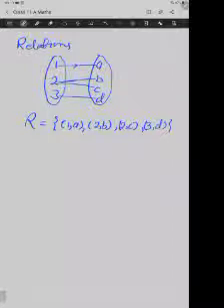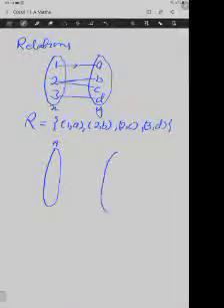Like this to this we are going. This is the set of elements x and elements y. Now here we need to understand some of the things. Like in the first set, this is set A. This one is set B. Now set A contains few elements like 1, 2, 3, 4. Set B also contains few elements A, B, C, D, E.